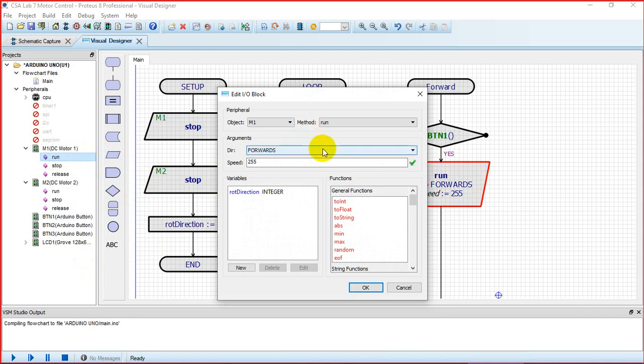You look over here. If you double click the procedure, you can choose the forward reverse direction. There are several methods about motor 1, run, okay, release, stop, okay. You can choose the run option, forward direction, and you can define the speed. The speed of the motor can be varied in the range in between 0 to 255, okay. Any speed you can choose over here. Let me run at 255 is the highest speed, 0 is the 0 speed. So any speed you can choose, and if you want to make the speed control, then you can use a